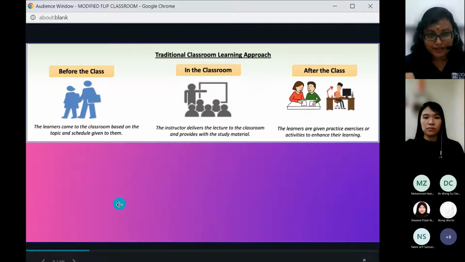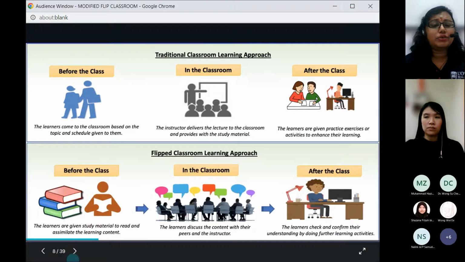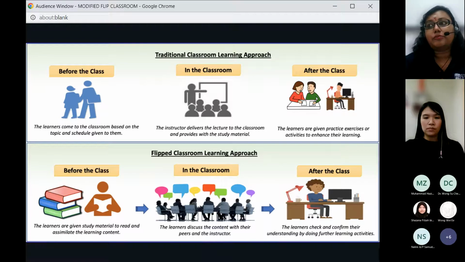However, the flipped classroom, the next slide, is totally different, where students will take the responsibility of learning. They will do some sort of research first, or they will do some sort of learning first. And then in class, your task is not to lecture anymore. You don't sit there and talk for 1 hour, or even in online class, you don't talk for 1 hour.